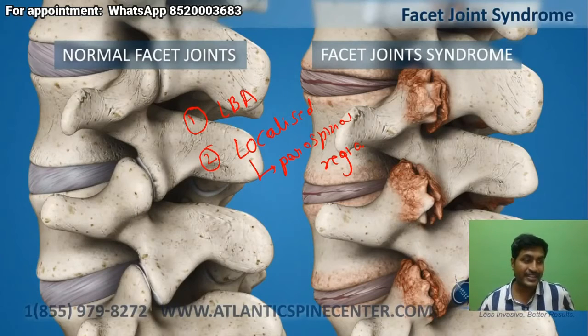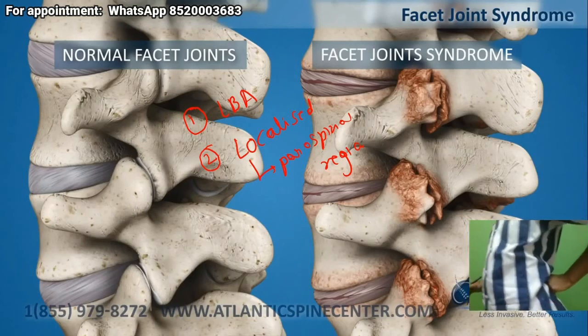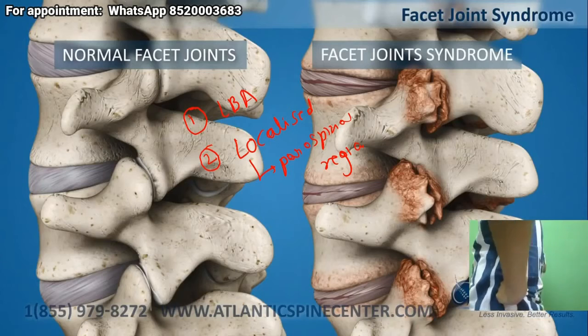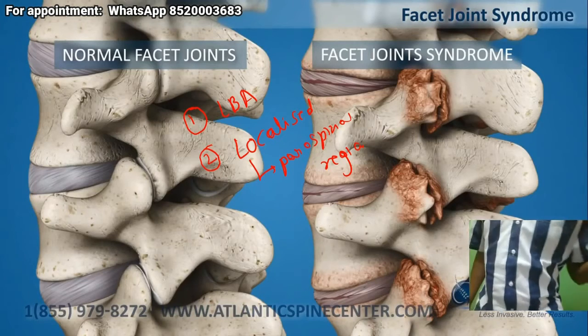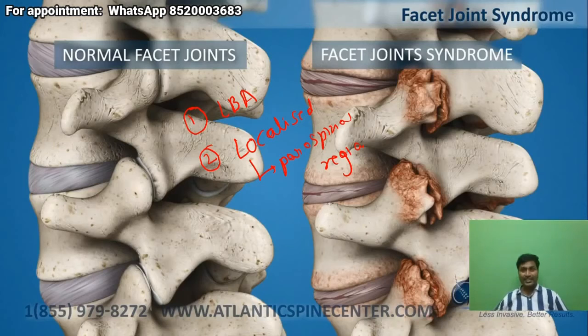I'm not sure whether you're able to see me, but probably can you see me this way? The patient will come to the OPD and say, this is my back pain, and use the thumb and show my pain is here. I'm not sure if you are able to see in the camera or not. They localize 1 or 2 points in the paraspinal region. So this is pain because of facet arthritis.